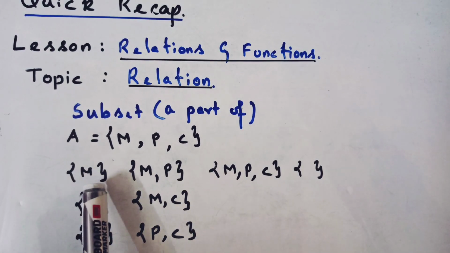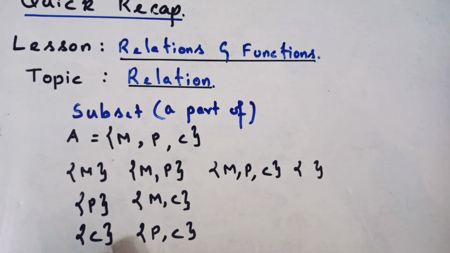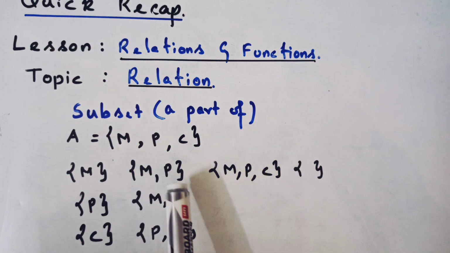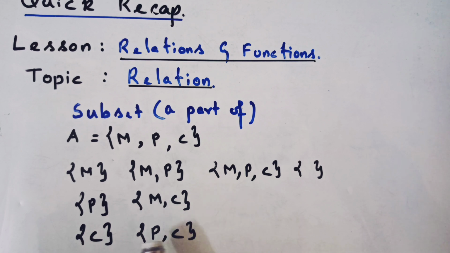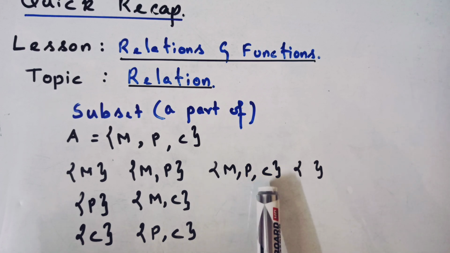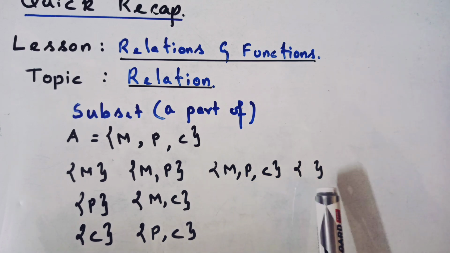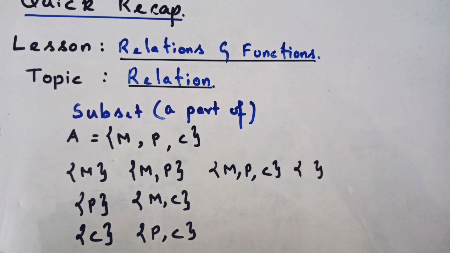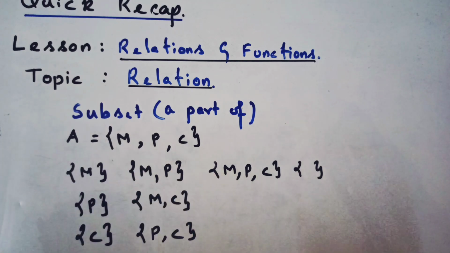In this survey, the possible combinations of answers I can expect would be either only maths or physics or chemistry, or it can be two subjects, maths physics or maths chemistry or physics chemistry, or it can even be all the three subjects, maths, physics and chemistry, or in certain cases it is none of these. So we have arrived with 8 different possibilities, and every possibility is a subset of the main set A.